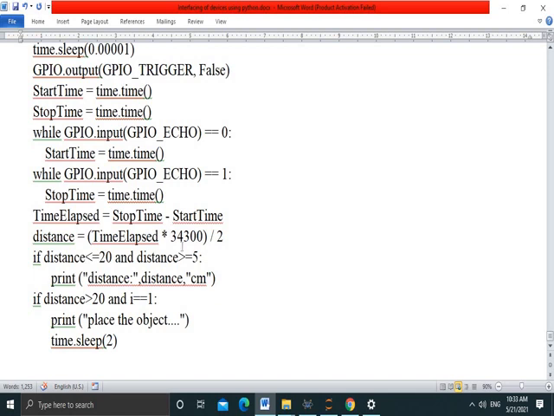This value is the speed of light. Then we take the average, and if the distance is less than 20, we print the distance.